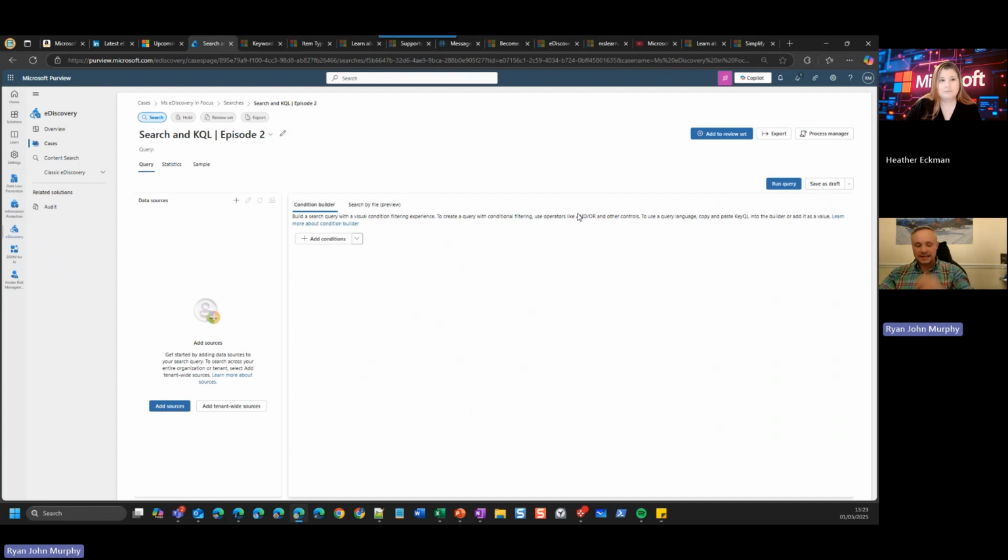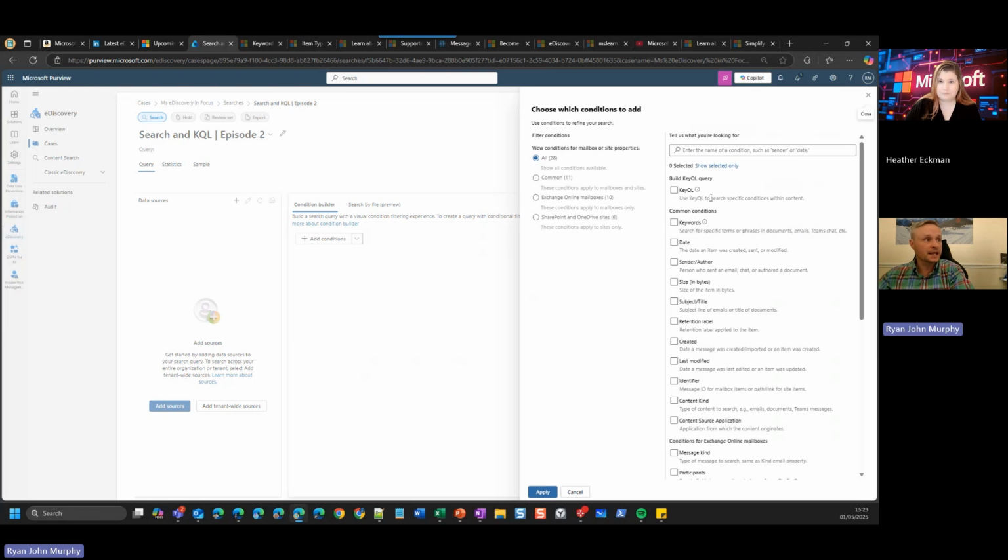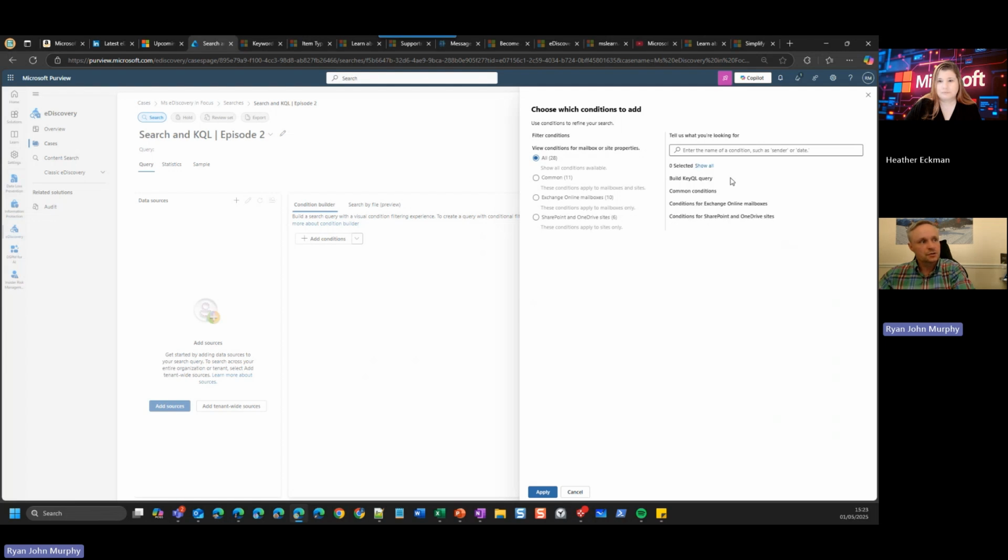So, on the last episode, we took a look at the search queries and the condition builders that are available to you. Now, what we promised we would go through today is understanding the actual filters and conditions that you have at the top. So you've got some main categories here. When we click on the selected button at the top here, we've got categories of build, KeyQL query,